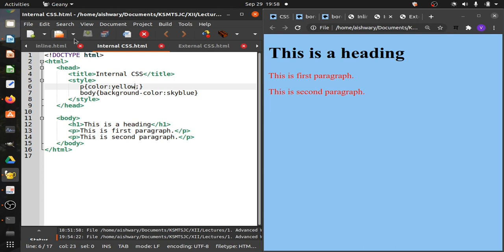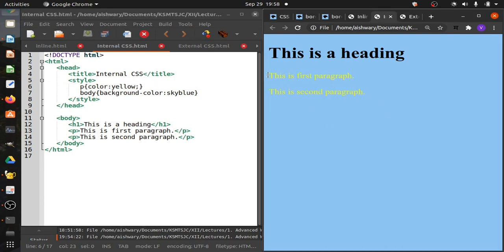So I have just saved it and let me refresh this page. The two paragraphs have got the same effect by changing only a single style here. Had there been many more paragraphs, they would have got the same style by changing a single rule in the internal CSS. So this is the advantage of internal CSS over the previous inline CSS.